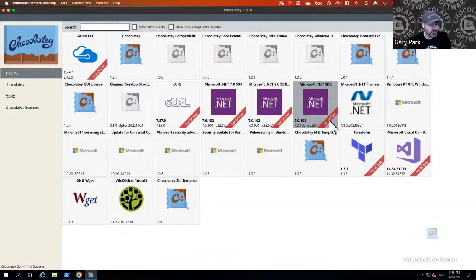But what Chocolatey GUI does is it caches that information into a file. So every time you load Chocolatey GUI, it doesn't have to go off and do the choco outdated each and every time. It keeps it around in a file for a determinable period of time. You can control that through the settings. But what we found was happening was that it would write the file, but if